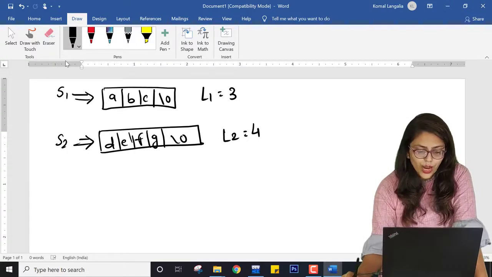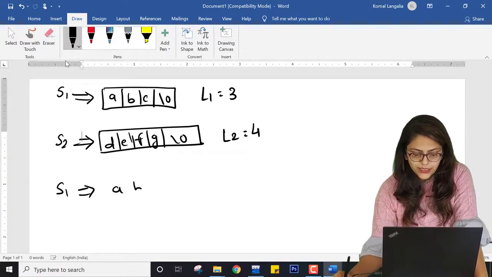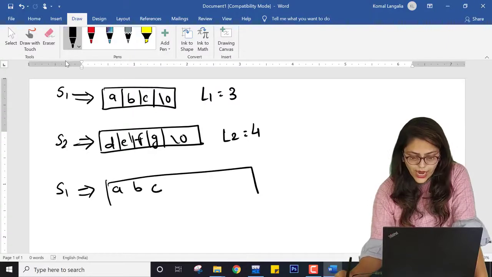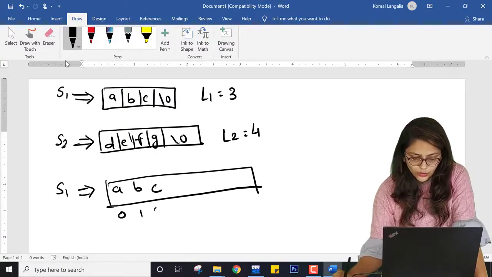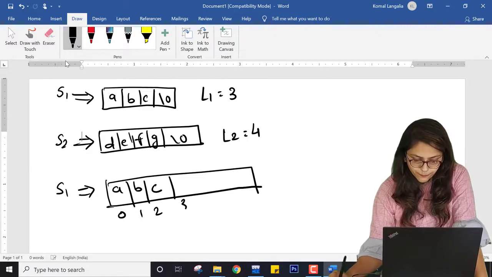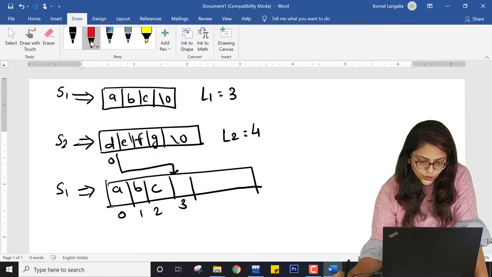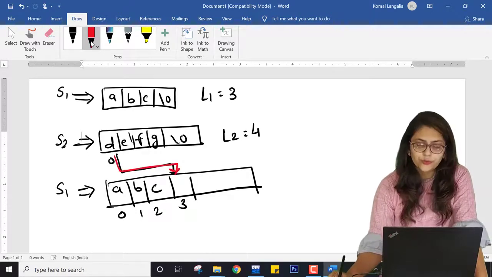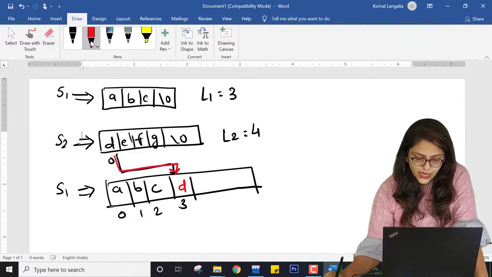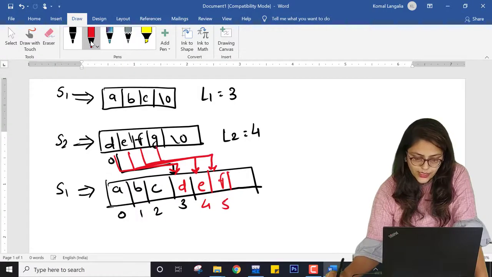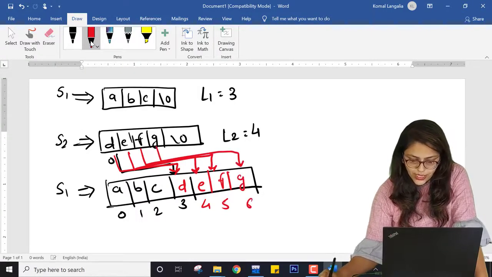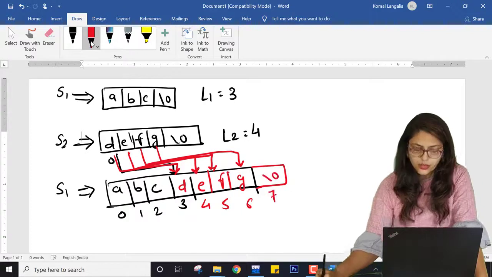Now I know that S1 is A, B, C. Now at index 3, after 0, 1, 2, at index 3 I am going to print this value, that means D. Then at index 4, I am going to print this value, that is E. Index 5, I am going to print F. And index 6, I am going to print G. And here the last is the null character.